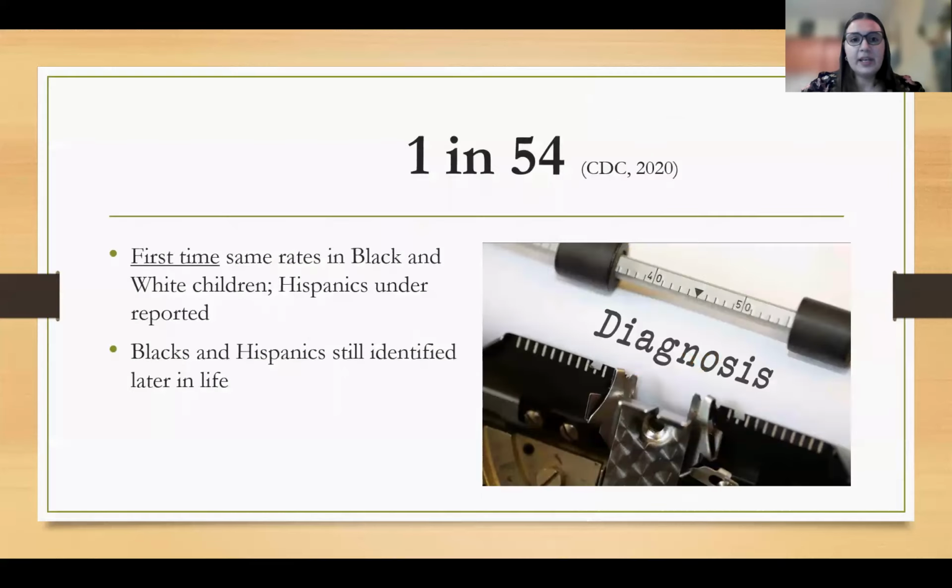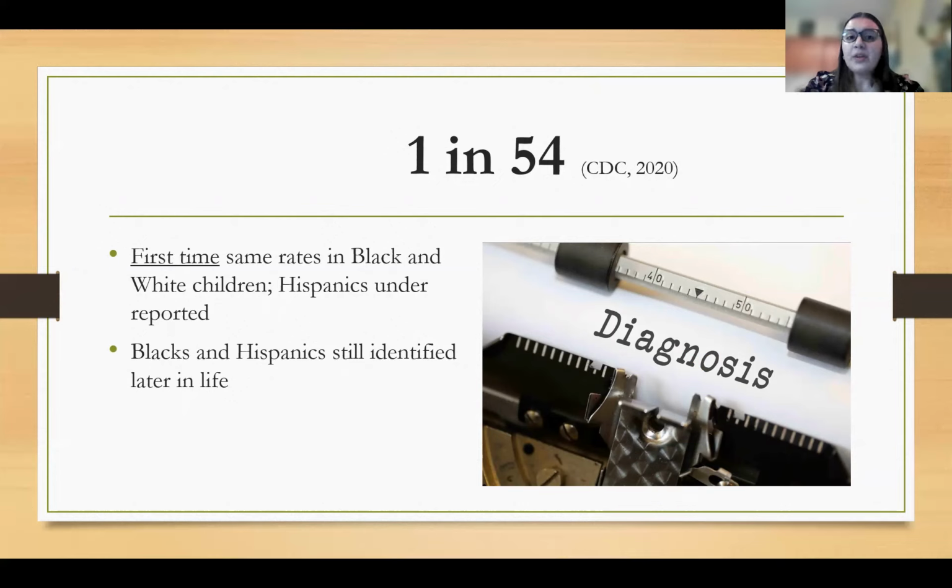Another discrepancy that I want to talk about is diagnosis in race. So this is the first time in 2020 that this updated prevalence rate was made. This is the first time that Black and white children are diagnosed at the same rate. Typically, there were disparities in diagnosis. Children of color might have been diagnosed with an emotional disability or another disability. There are access needs because of structural racism that deal with how families of color are able to get into diagnosis systems.